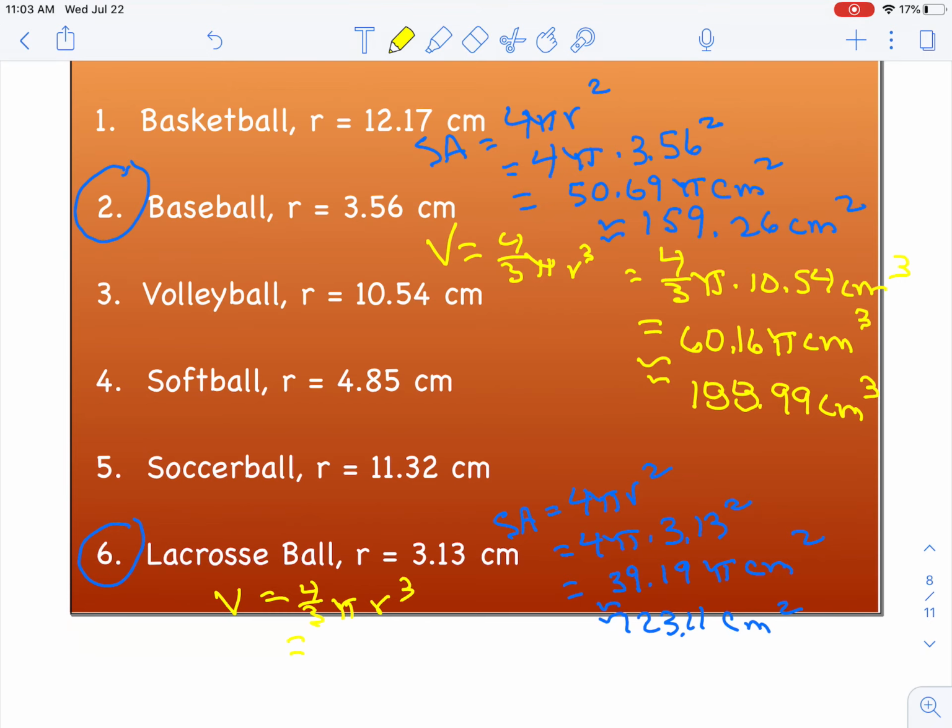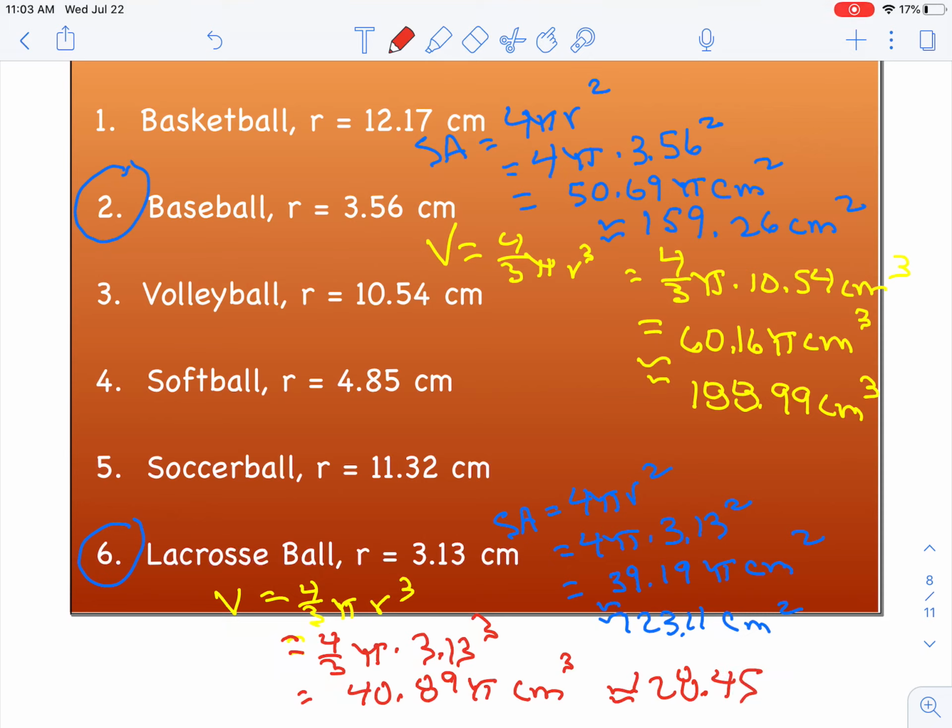4/3 pi r cubed, which is equal to 4/3 pi times 3.13 radius cubed, which is equal to 40.89 pi centimeters cubed, or approximately 128.45 centimeters cubed. So you can look at some of these and go back to reminding yourself